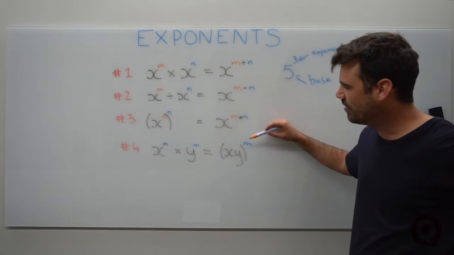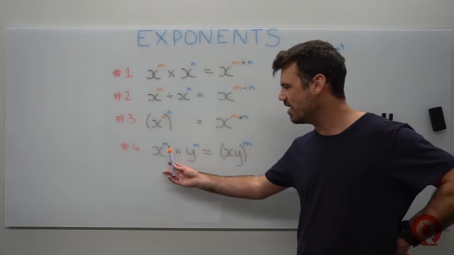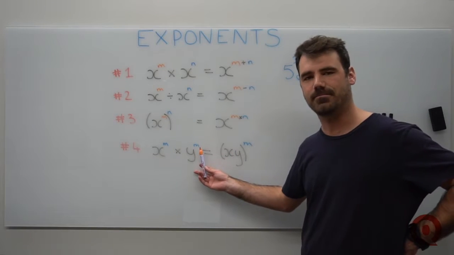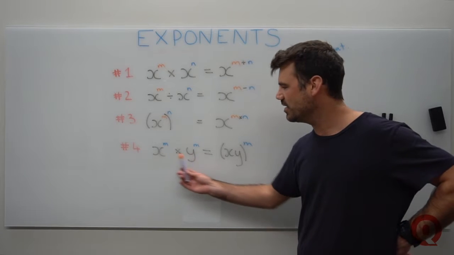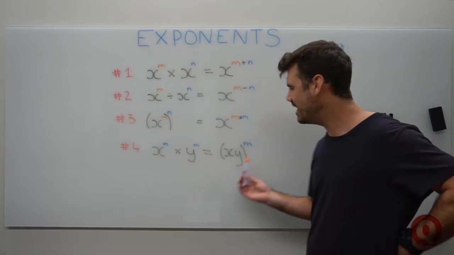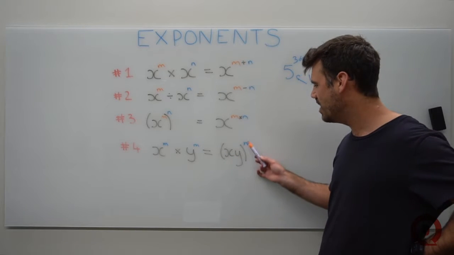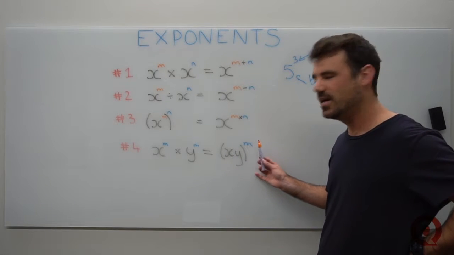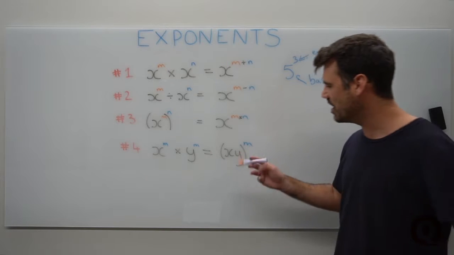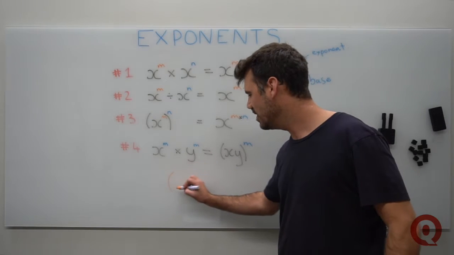Last one here, number 4, we've got x to the power of m times y to the power of m. Now my bases aren't the same, but how we can write it is like this. In a bracket, x times y raised to the power of m. Now this is almost done in reverse because often your question will be this. If you have